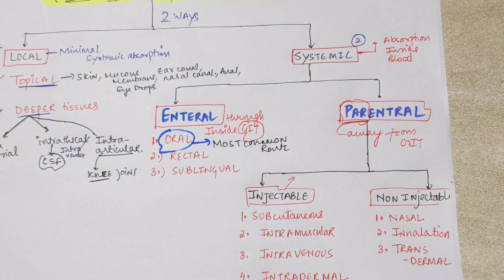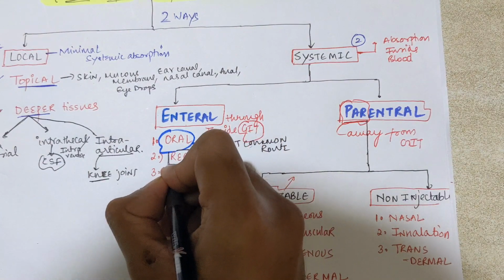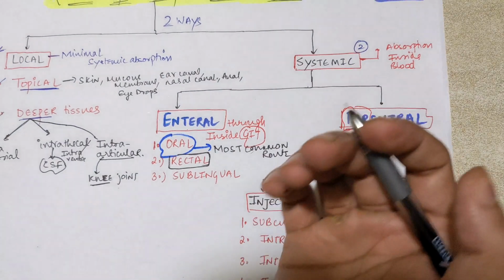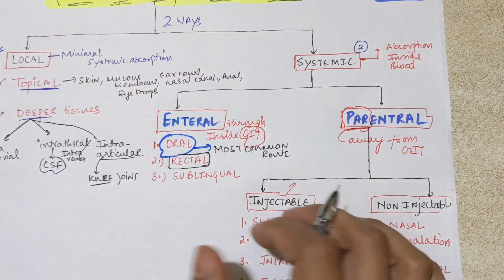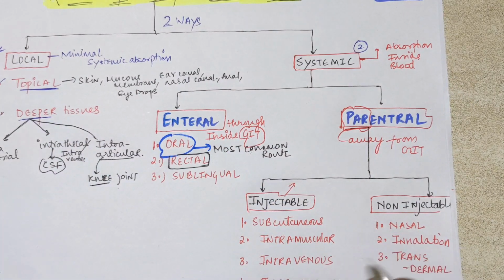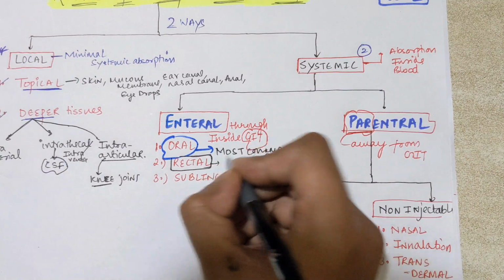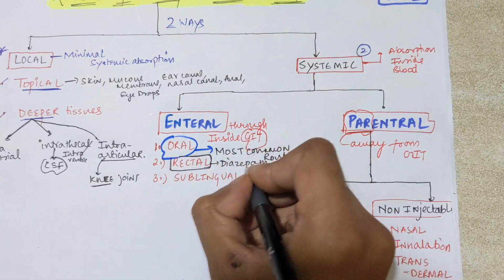Now second, like oral, the upper opening, now the lower opening we have the rectal. So from rectal we can also give some drugs. We have to take precautions about which drugs are irritant, so they can cause some irritation inside the anal mucosa and in that area. So some drugs are contraindicated through the rectal route. Clear? So actually, like diazepam, we give in children through the rectal route.